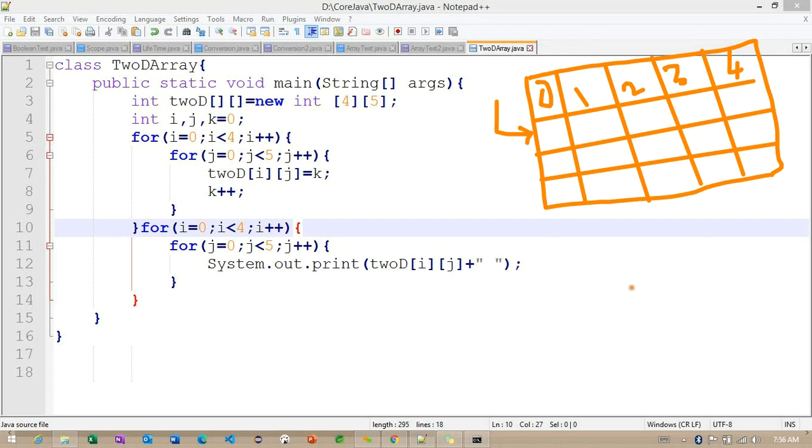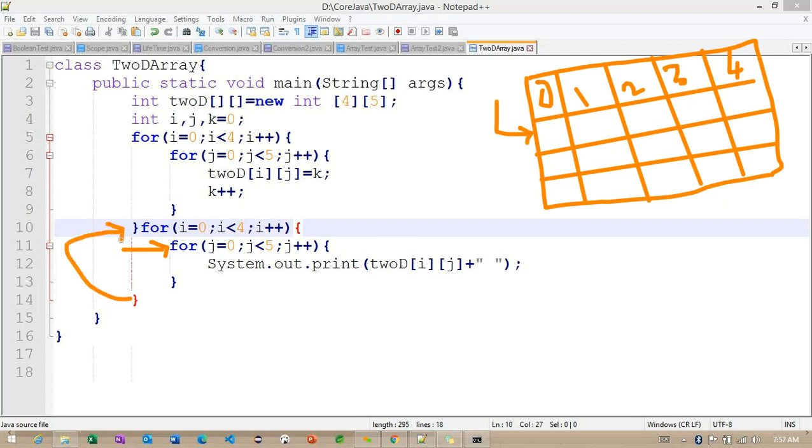If you observe, every 5 times this inner loop is going to return the false condition. Once it returns false, it moves on to the outer loop.